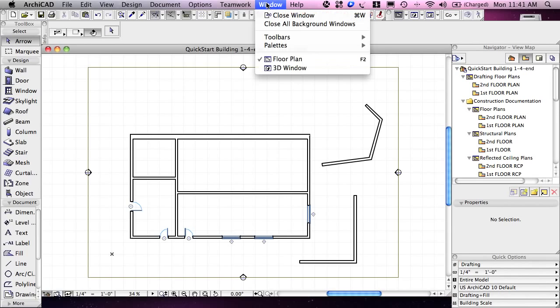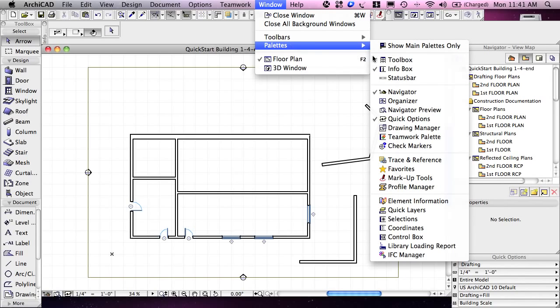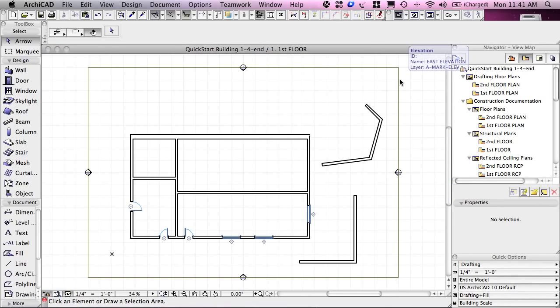To get it back, I go to the window menu and window palettes and status bar. So this is considered a floating palette, and you can turn it on or off using this option, window palettes status bar. Now if your screen looks significantly different than what you see here, perhaps your entire work environment is